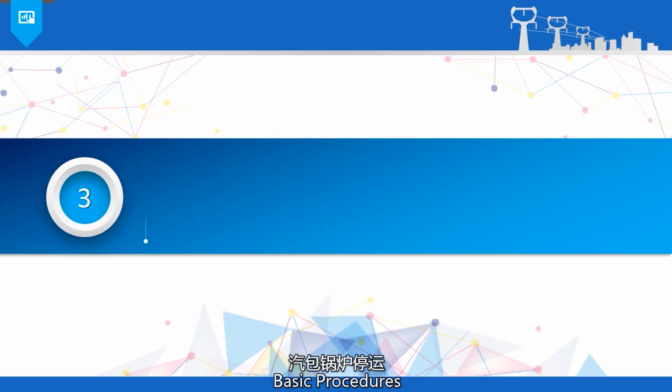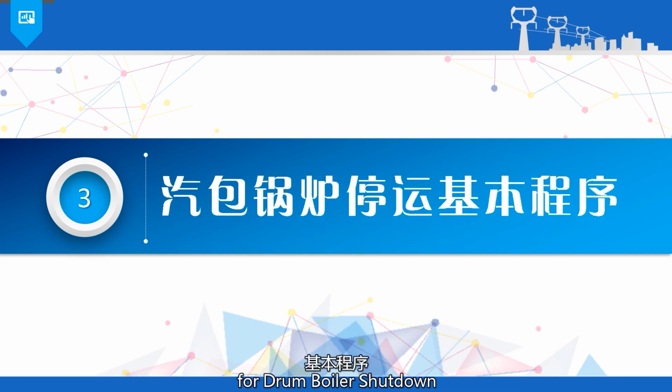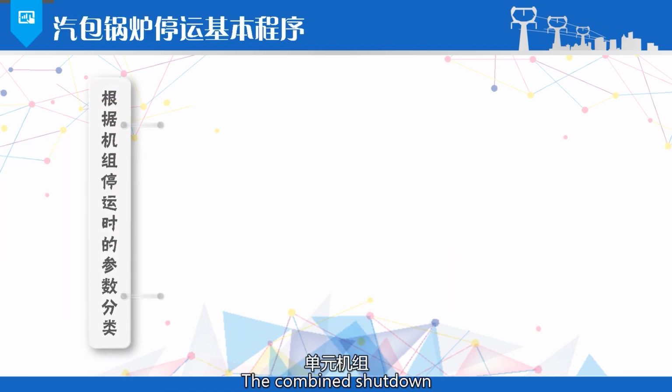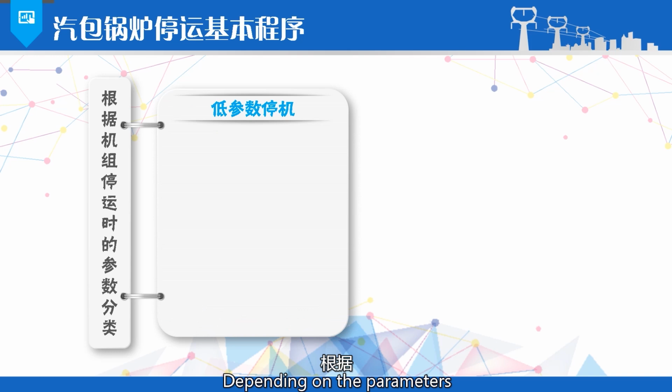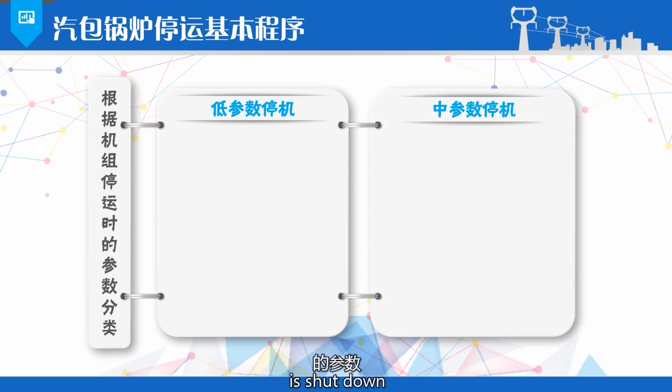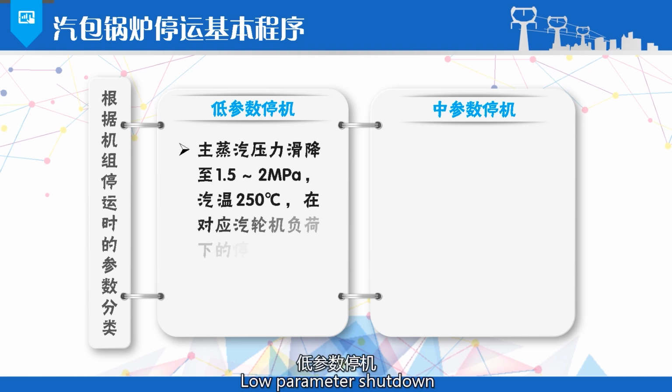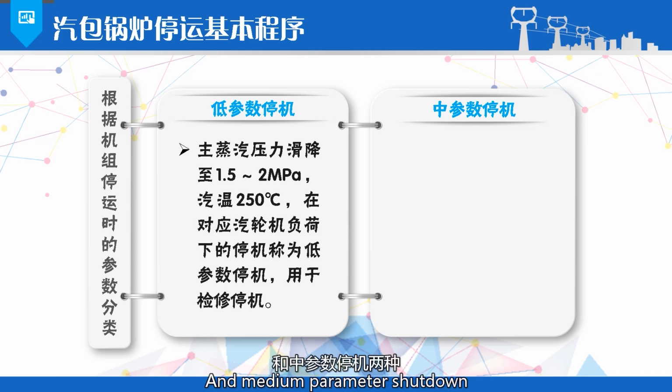Third, basic procedures for drum boiler shutdown. The combined shutdown of unit systems using sliding parameters. Depending on the parameters, when the unit is shut down, it can be further divided into lower parameter shutdown and medium parameter shutdown. Shutdown with main steam pressure sliding down to 1.5 to 2 megapascals and steam temperature at